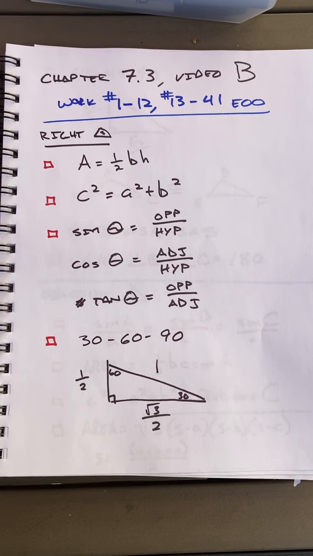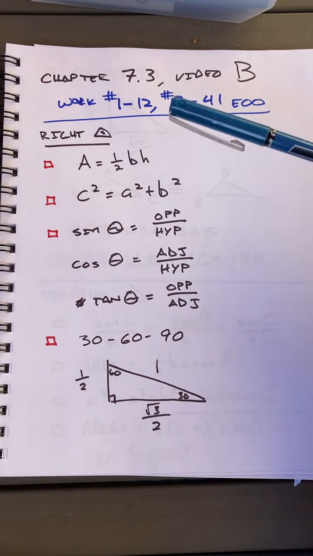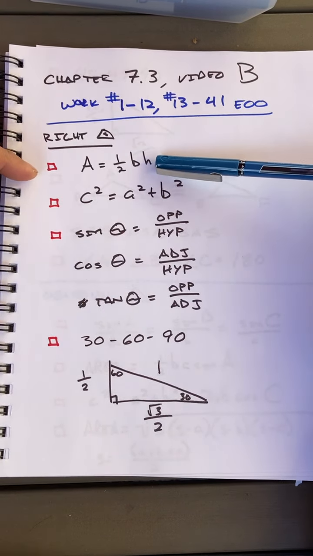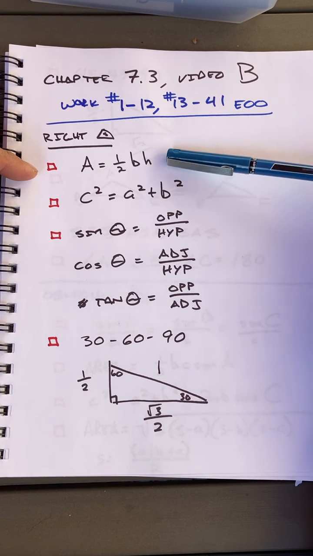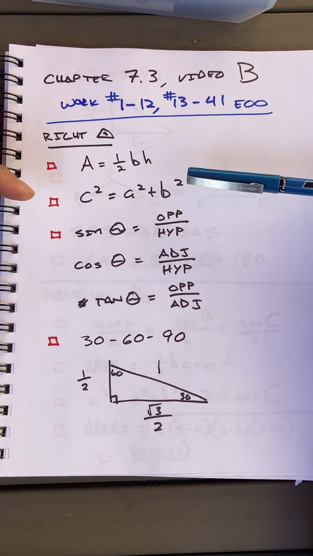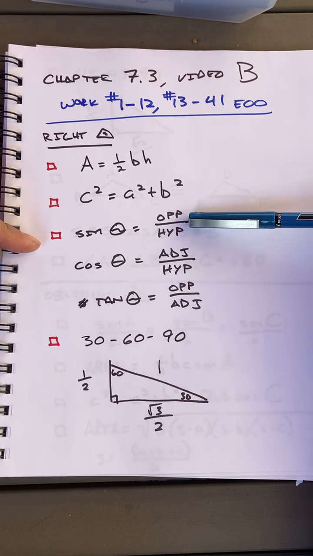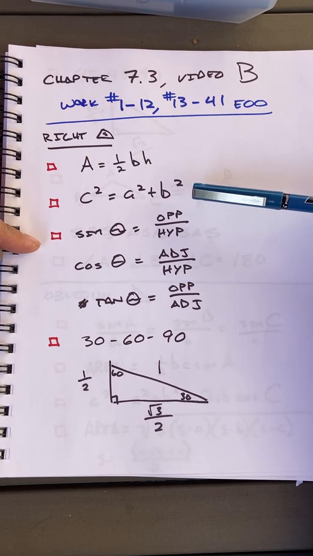All right, friends, this is the second video of chapter 7.3, and I think it might be the last video too, actually. So first of all, I just want to review a bunch of stuff. In chapter 7 and in many geometry classes and chapters past, we worked with right triangles, and a lot of things came out of that. One is the area formula, area equals 1/2 base times height, the Pythagorean theorem, all of the triangle ratios, sine, cosine,